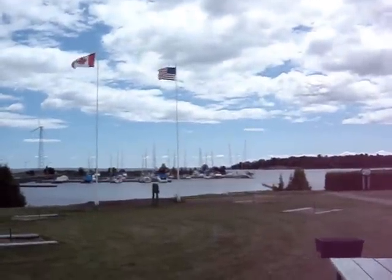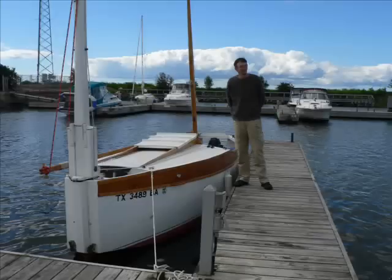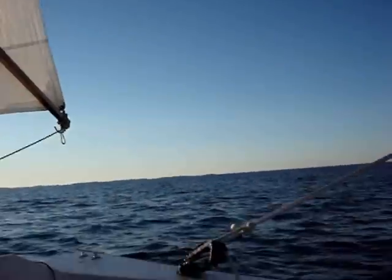The wind blows non-stop for 3 days, so I spend 3 days in Blind River. I meet lots of friendly, kind people, and after the solitude in the North Channel, it's nice to be around good people again. On July 1st, Canada Day, I sail southwest towards